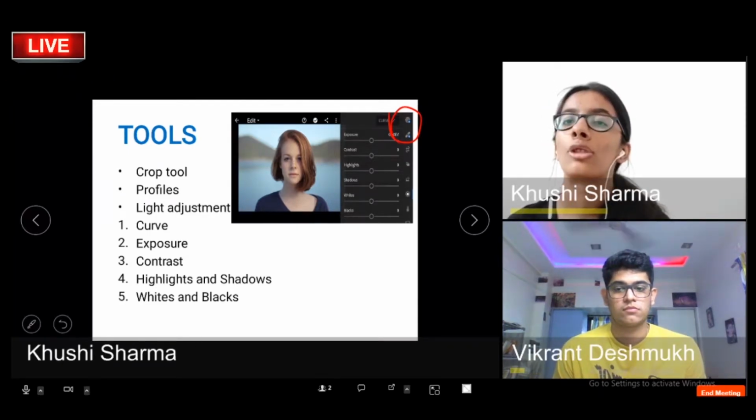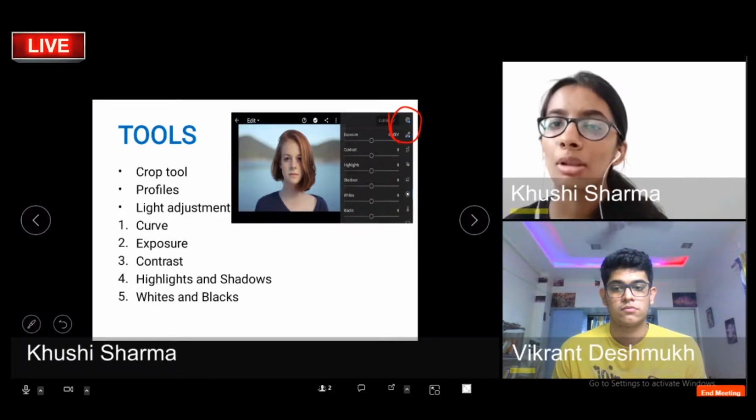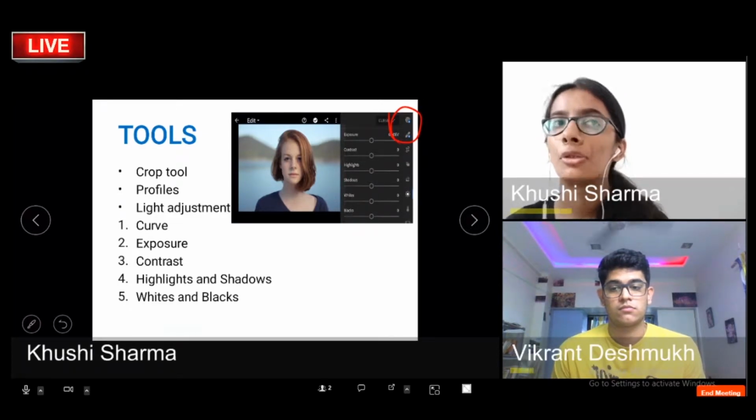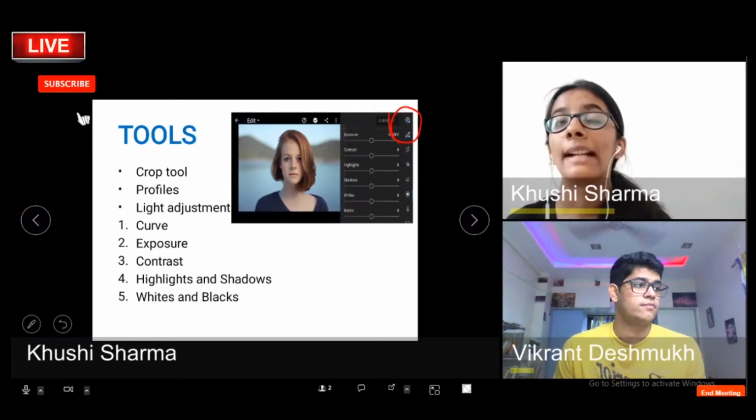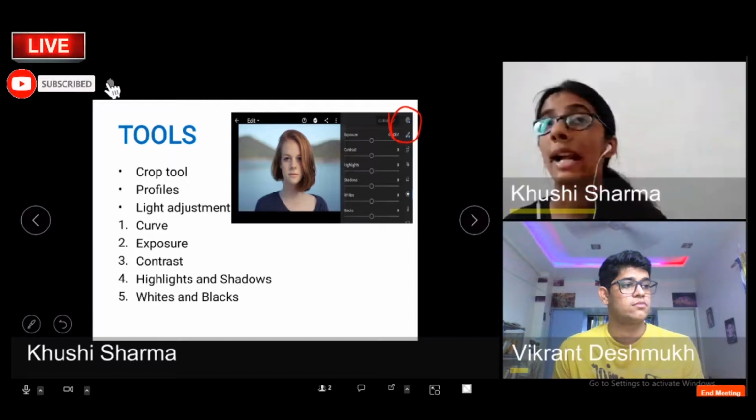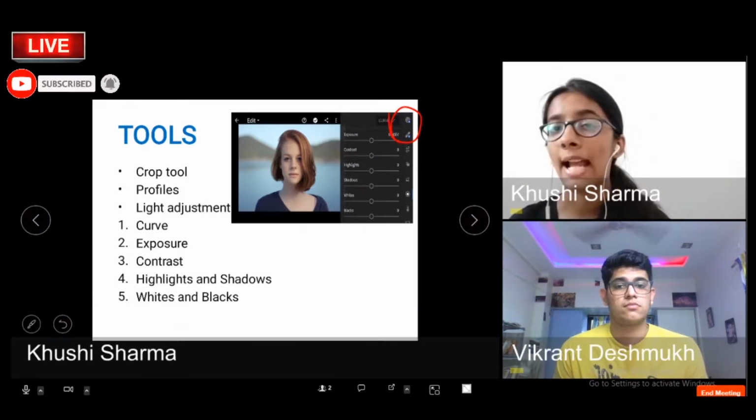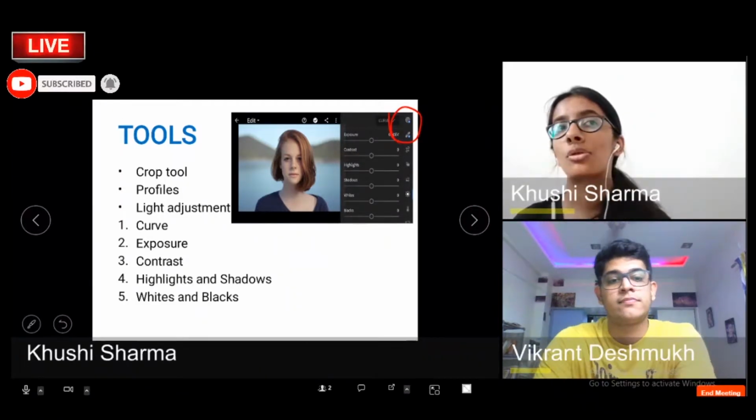I was talking about the light adjustment, in which curves allow you to adjust the overall brightness and contrast of the image at the same time.